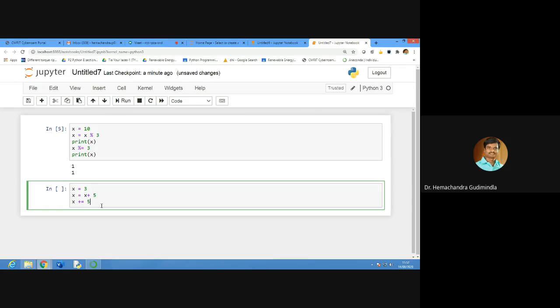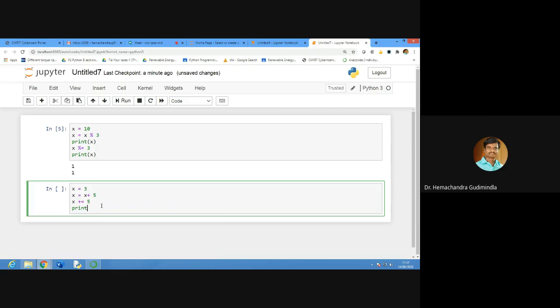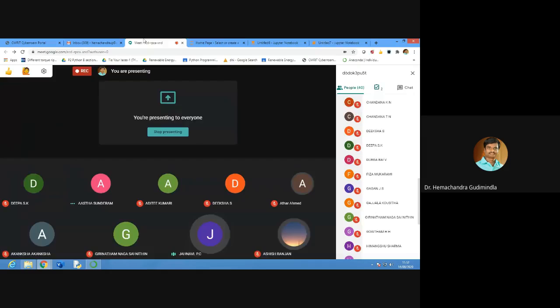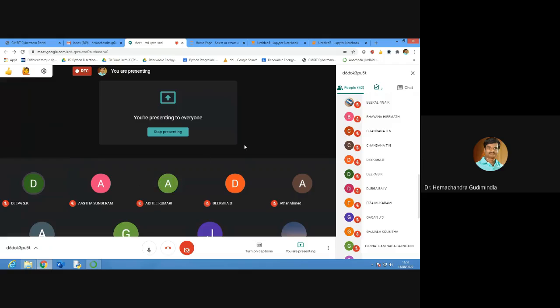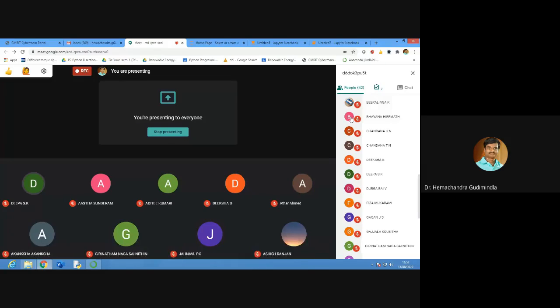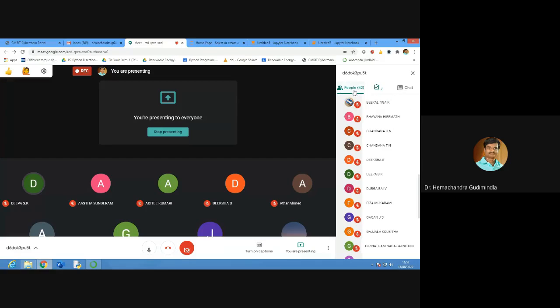Now, from this code, what is the output of this program? I will write here print of x. What is the output of this program? Don't think it is difficult. 13, sir. Why is it 13?